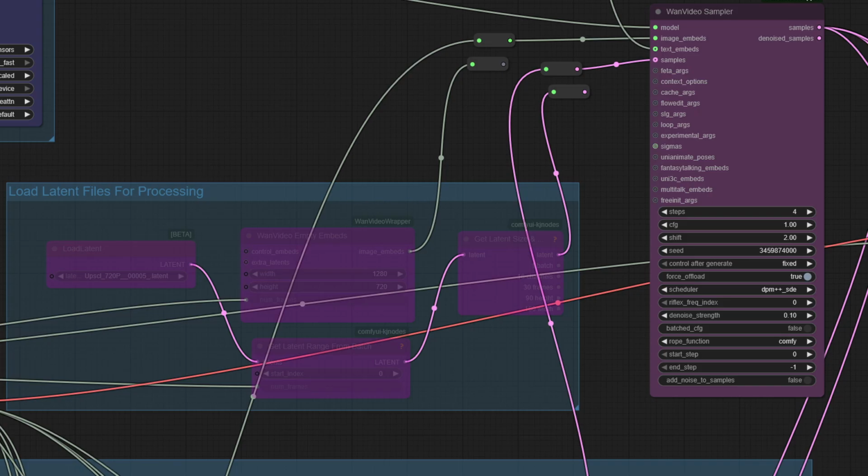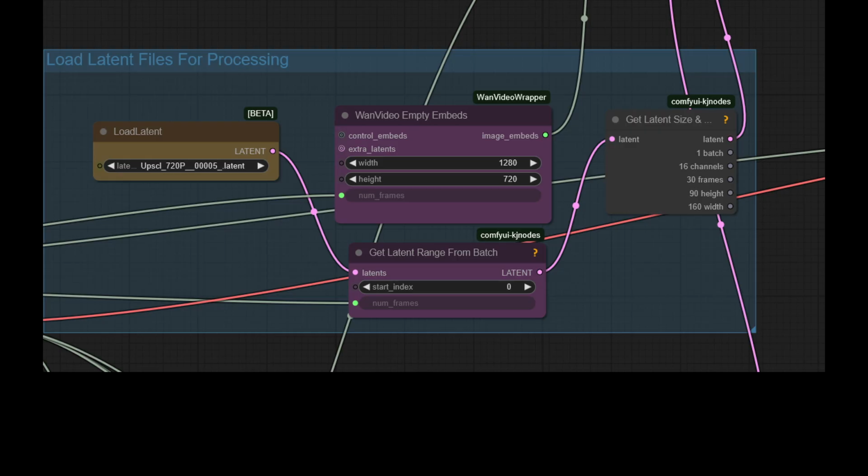Now, the bypass nodes you see there are a way for me to load up saved latent files, and this is where things get not only quite cunning, but quite tricky. It's easy enough to use, but not so easy to understand what is going on. Let me just get a screenshot of this section when it isn't bypassed and use it to discuss what little I understand about latent space. So double check anything I say next, as I might be misinformed, and feel free to post comments if you have knowledge on this stuff.